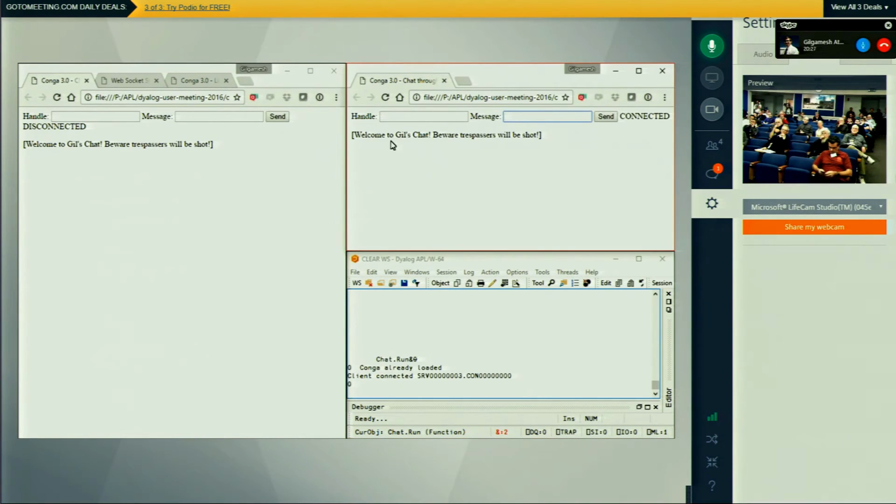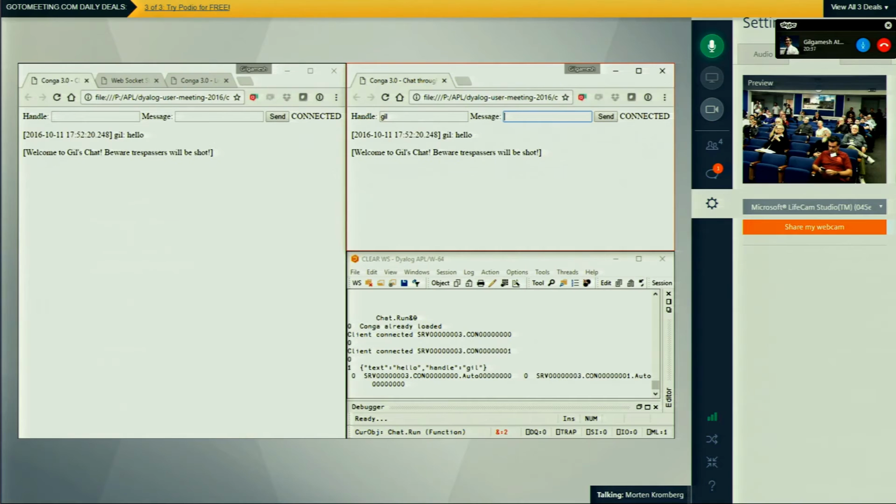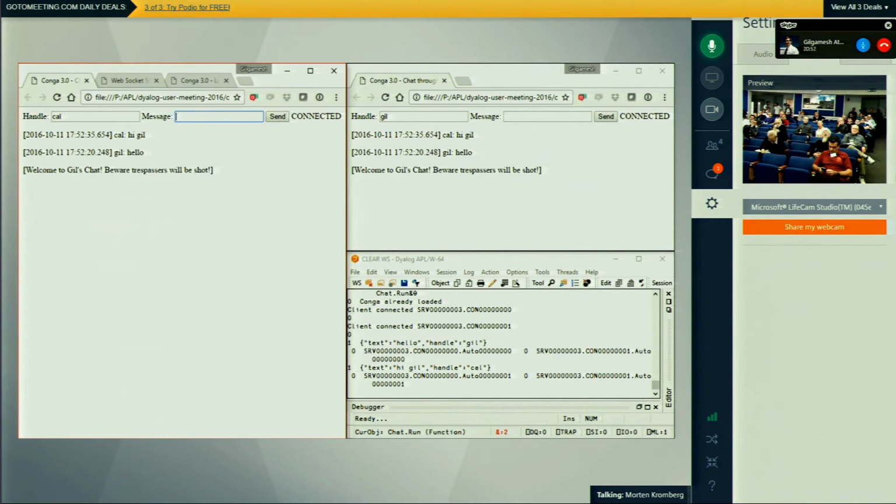I then go to my browsers and refresh them just to connect to the server. And to demonstrate, I can say hello, and a message is transmitted. We can see the message was received on the server and it was broadcast to all listening clients. So if we have another user on this end saying, "Hi, Gil," we see the immediate update on the second window here.